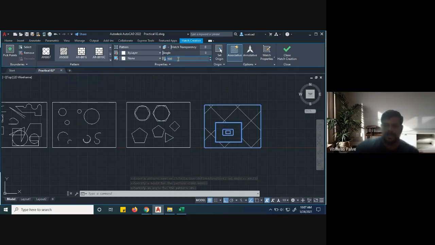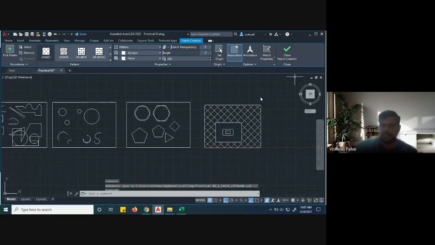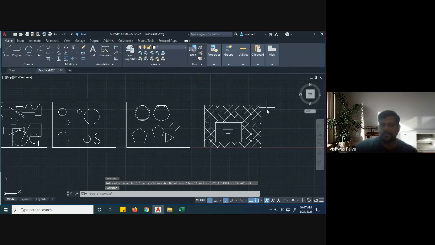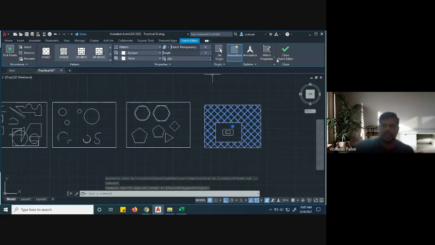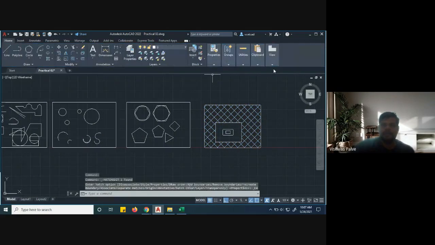I'll say 500. And now I'll say 250 hatching pattern, and then you can just click close creation. So you will get a hatch pattern there. Initially it will take some time. So this is the hatching which has been done. So at different features you can use this hatching option. This was regarding the draw toolbar. This much features are available in the draw toolbar. You have to practice these features. Now one by one, you can start practicing.